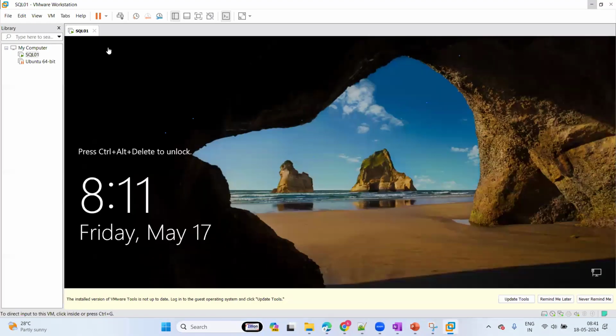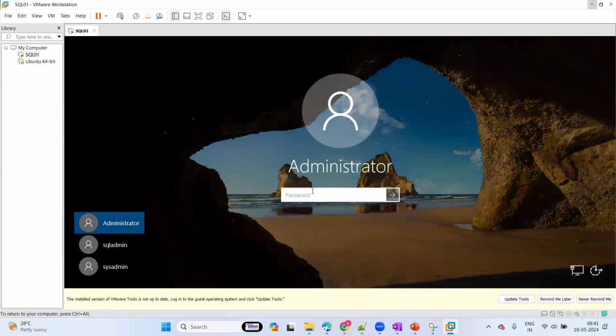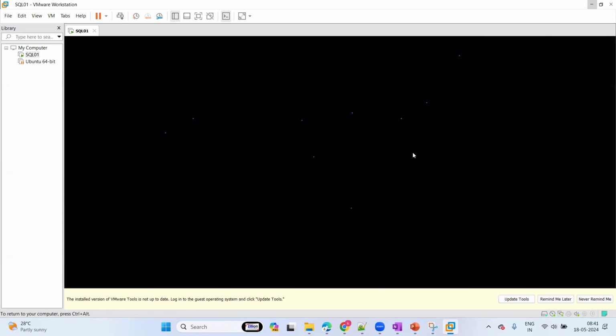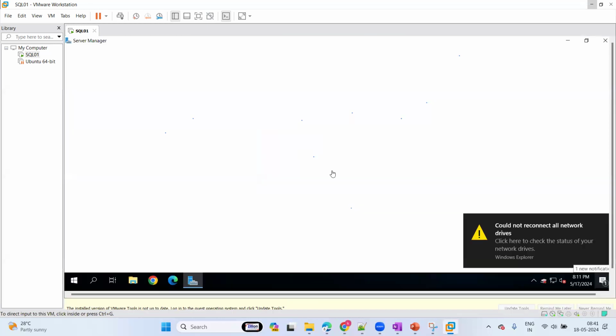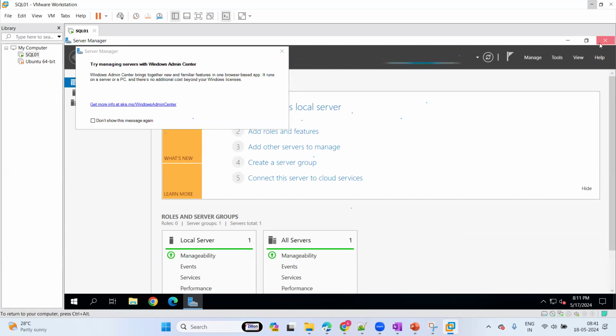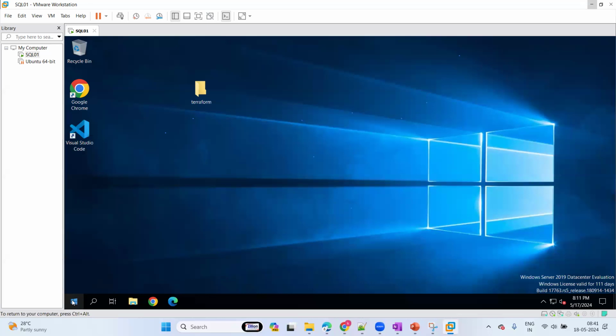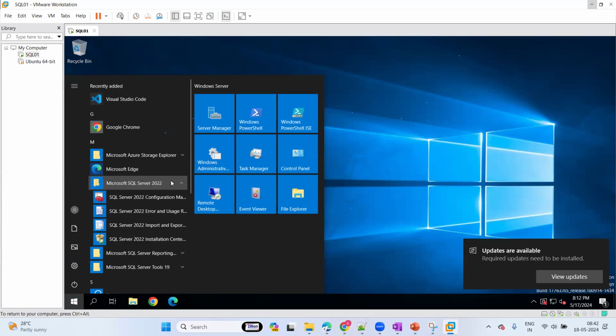Okay, so let me log in first of all. This is my on-premises one. If you see this, my server is exactly similar to our on-premises server, where I can log in. I just installed the SQL Server over here. We have Microsoft SQL Server 2022, and we do have